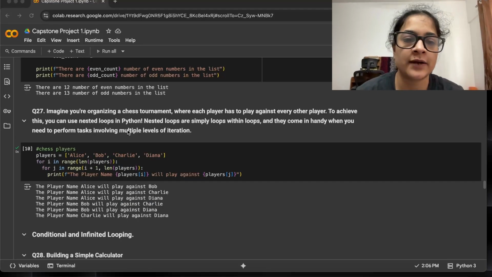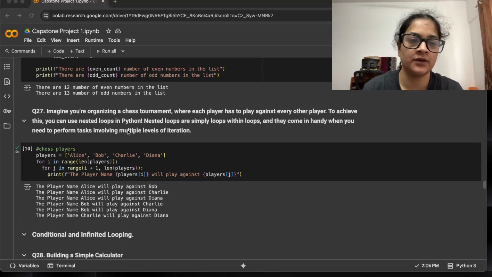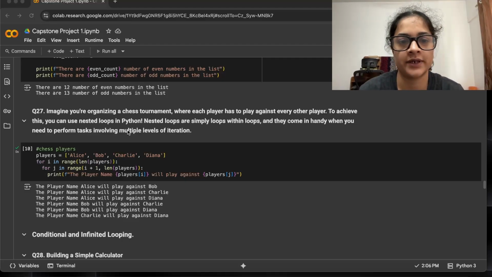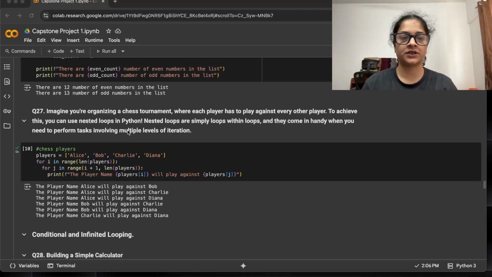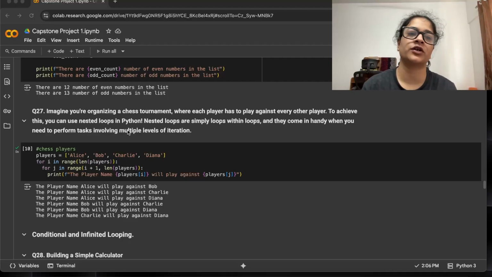The second question that I would like to explain is question number 27. I'll read the question. Imagine you're organizing a chess tournament where each player has to play against every other player. To achieve this, you can use nested loops in Python. Nested loops are simply loops within loops that can come in handy when you need to perform tasks involving multiple